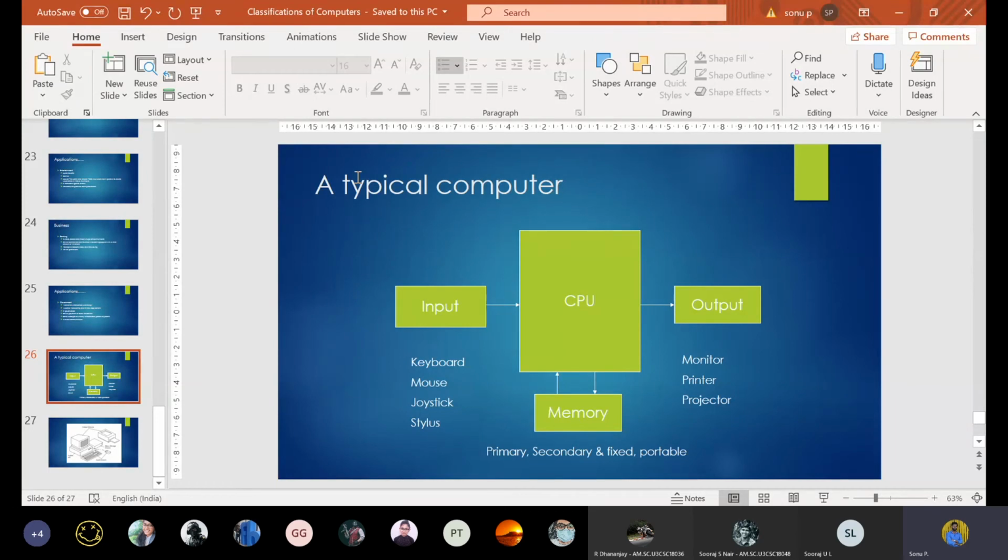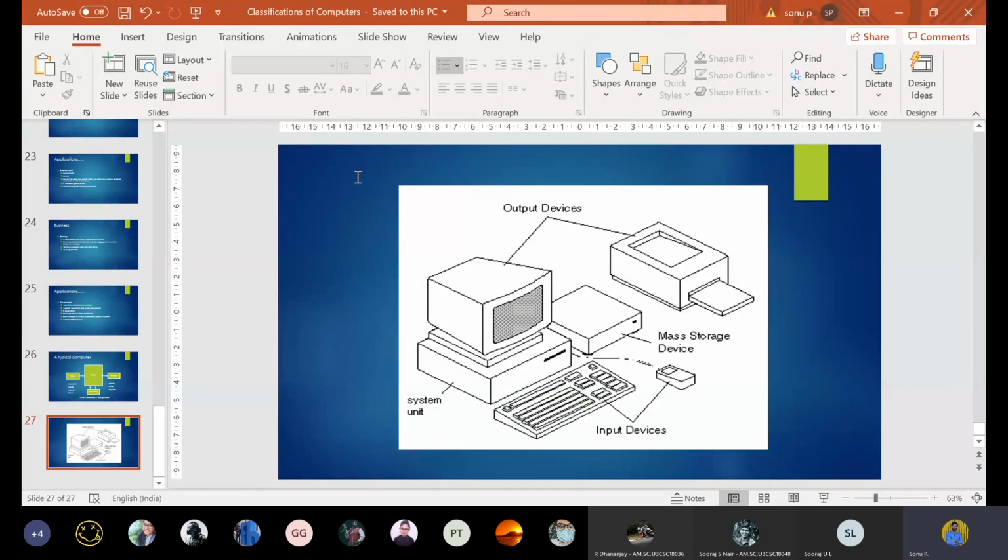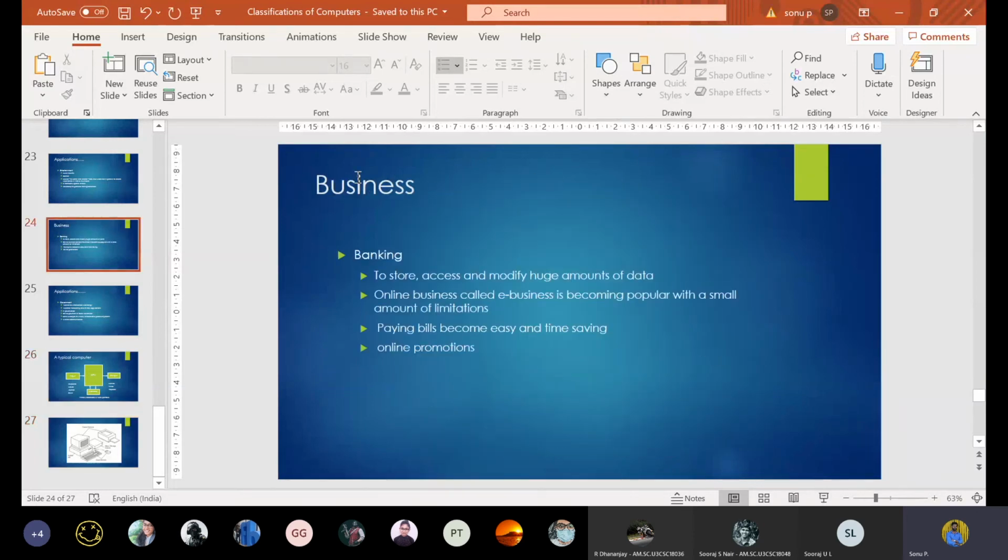Input is given to a computer, and the CPU will take the input, process it and give it as an output, or it will store it in a secondary storage device for further use. So that is a computer, and the separate parts are marked here. You can go through that. There are output devices, input units, keyboards, printers, scanners, all present here. With this, we can wind up today's session.